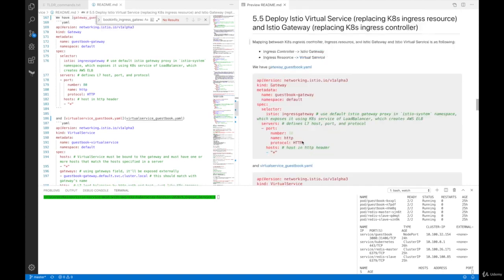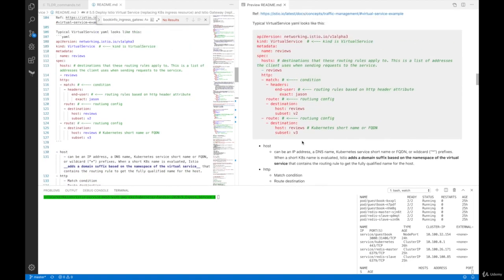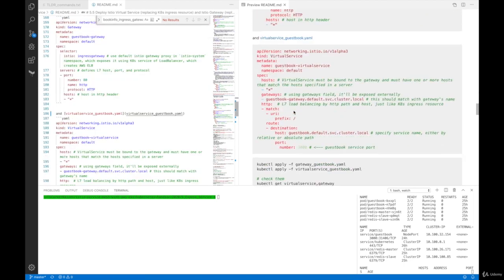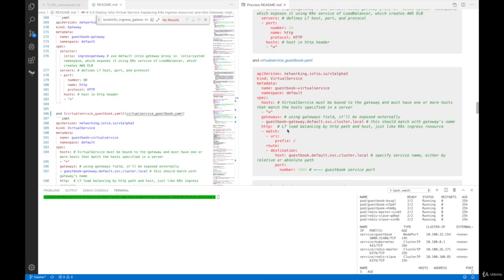So I've already explained the anatomy of a virtual service here. For guestbook, it's going to be pretty similar to the Ingress resource YAML file. So in the HTTP block, we have a match condition list, where the URI is specifying prefix /, which is basically the root path, and any request with an HTTP path pointing to this /, then we want the request to be routed to